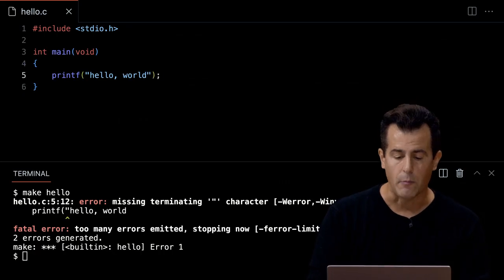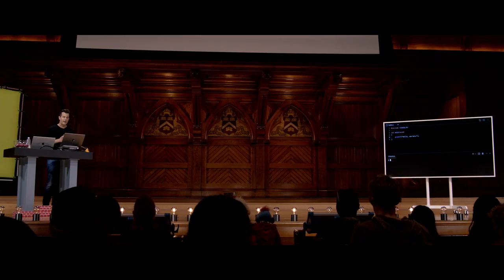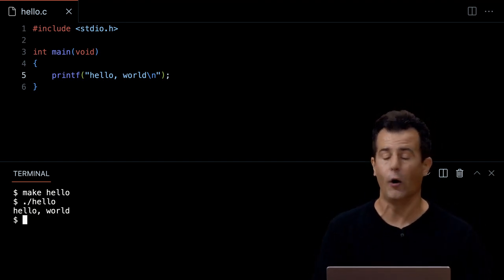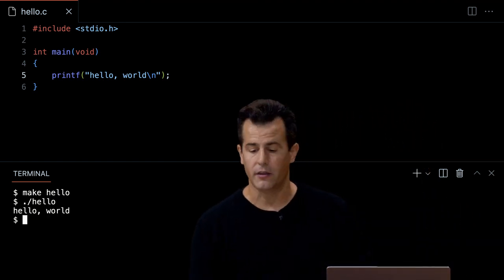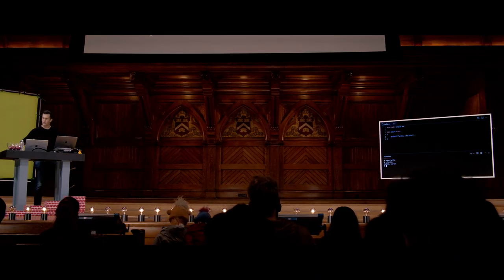So let me go ahead and do this. Let me put it back. Let me go back to my terminal window. I'll clear the screen again. Let me go ahead now and do make hello to recompile that version, ./hello, and voila, we're back in business with hello. All right, so now let's tease apart some other aspects of this code,